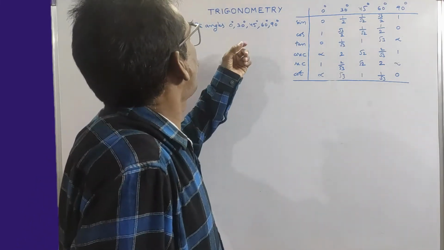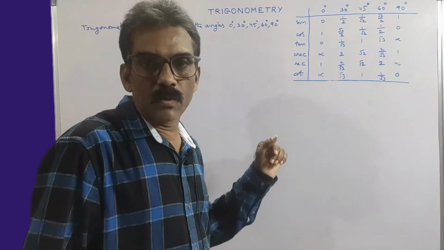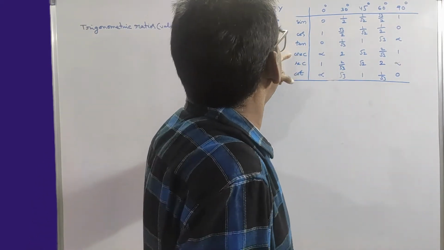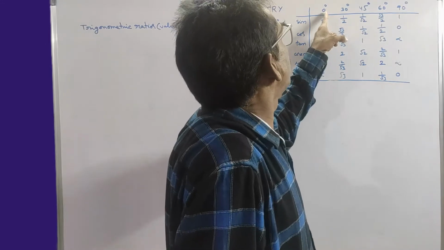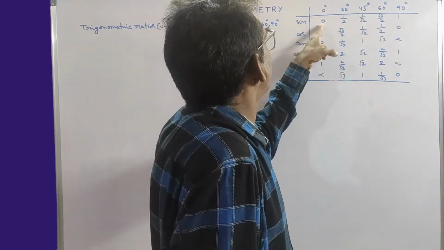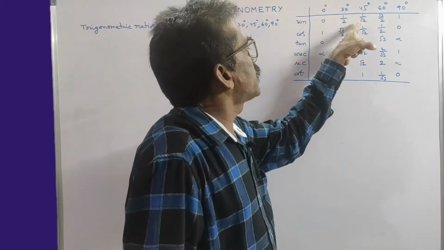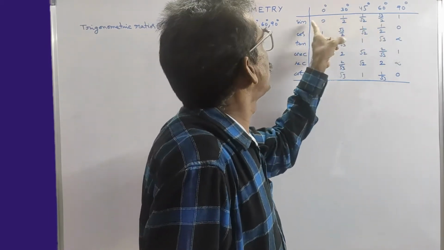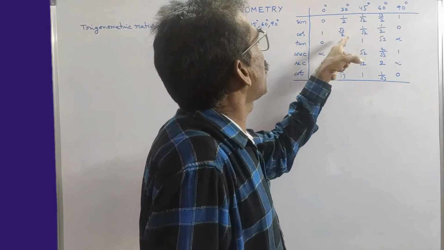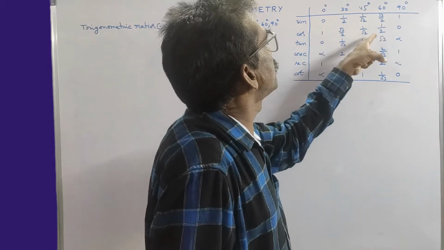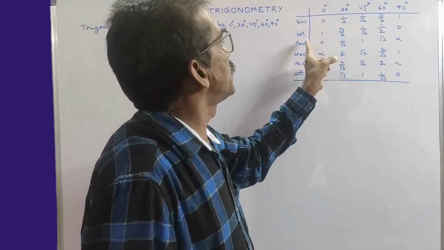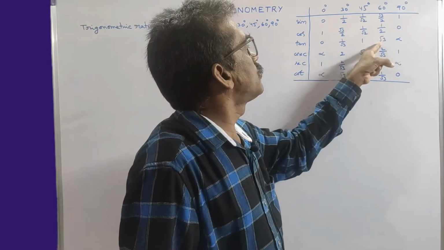See, what are the values of these angles? First, I wrote it in tabular form. First, you check: sin, cos, tan, cosecant, secant, cot. The degrees are 0, 30, 45, 60, 90. These are the values. Sin 0 is 0, sin 30 is 1 by 2, sin 45 is 1 by root 2, sin 60 is root 3 by 2, sin 90 is 1. Cos 0 is 1, cos 30 is root 3 by 2, cos 45 is 1 by root 2, cos 60 is 1 by 2, cos 90 is 0. Tan 0 is 0, tan 30 is 1 by root 3, tan 45 is 1, tan 60 is root 3, tan